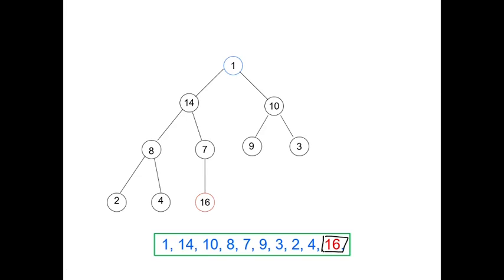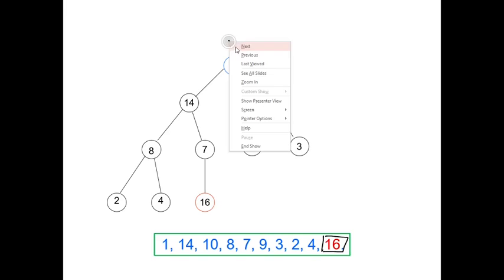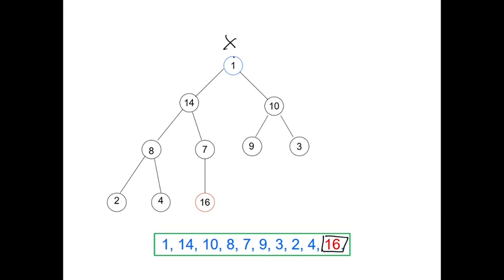Next, once you push 1 here, it violates the max heap. It's not a max heap anymore. So again you have to do the max heapify. If you do max heapify, what will happen? Many permutations and combinations will happen, but you can see that the second largest element is nothing but 14.